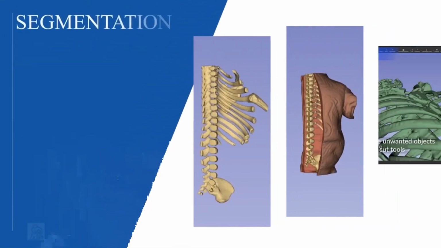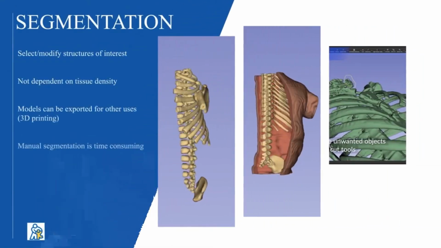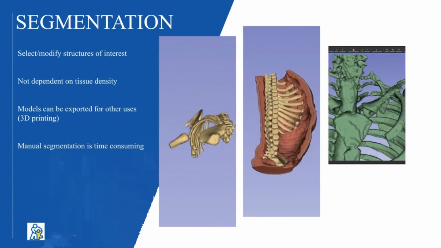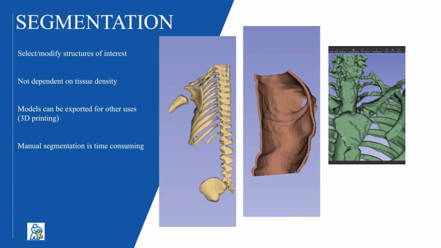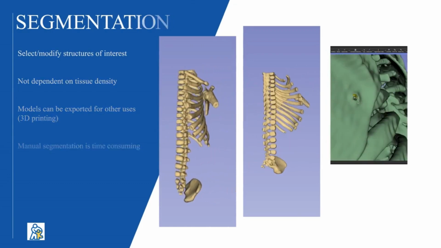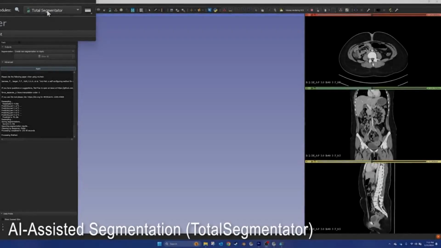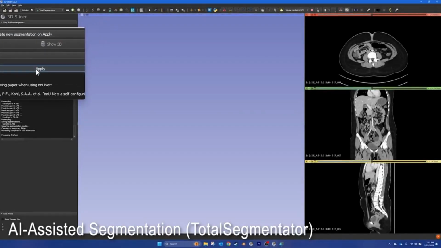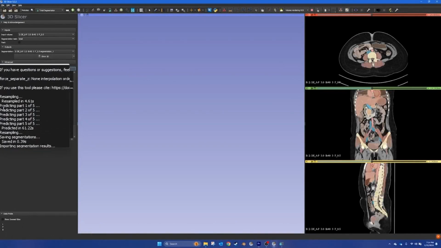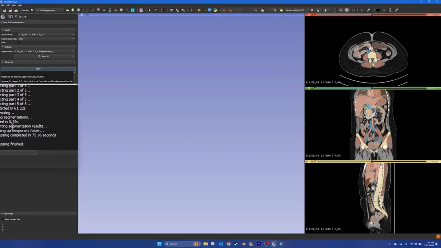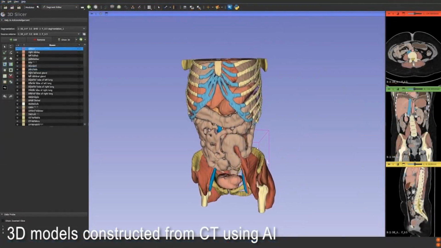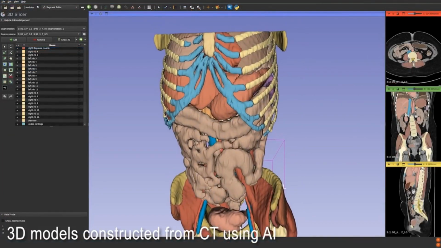The advantage of segmentation is the ability to select and model individual structures. So if you want to get rid of the left fourth rib, you can do that as long as it's been segmented individually. But as you can see in the video on the right, creating and editing these models can be very time consuming. So that's where AI comes in. These images are from a free program called 3D Slicer, and then there's an extension to that program called TotalSegmentator. And so within 75 seconds, it can read the scan and give me models for 106 different structures in